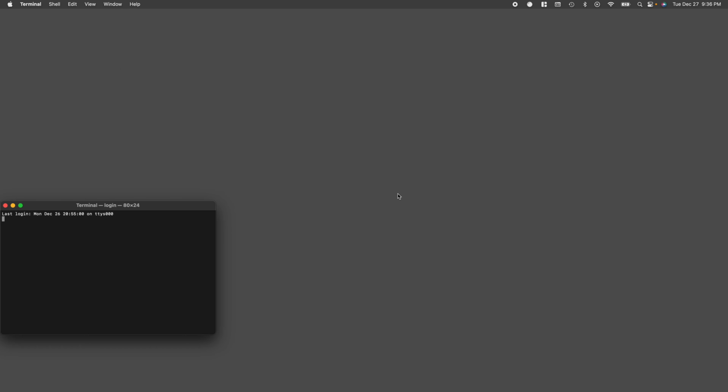Let's open terminal and go to desktop, cd desktop. The easiest way would be to open